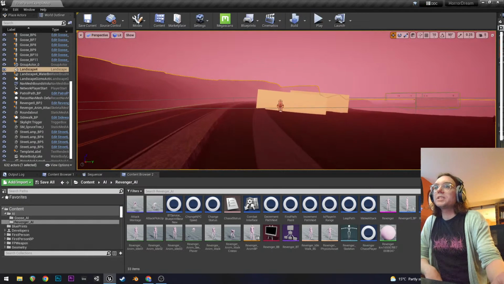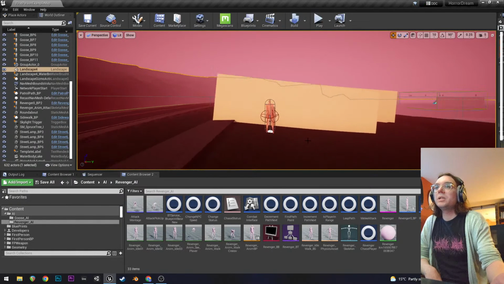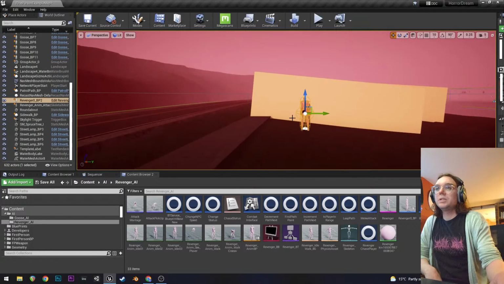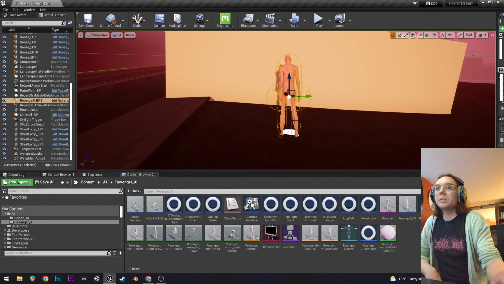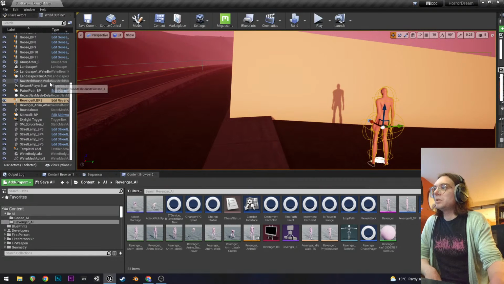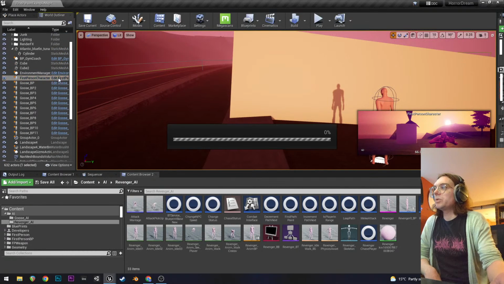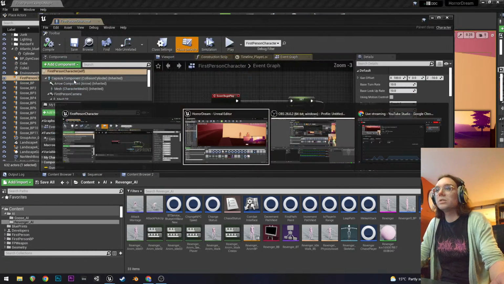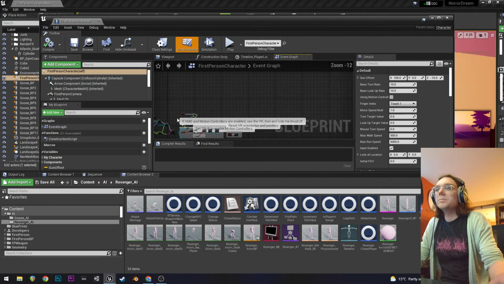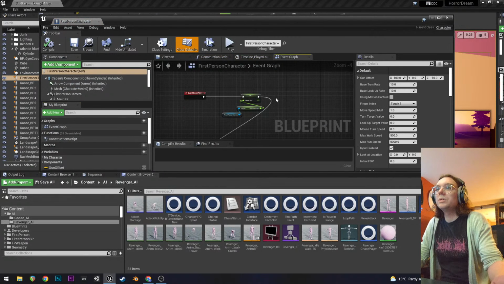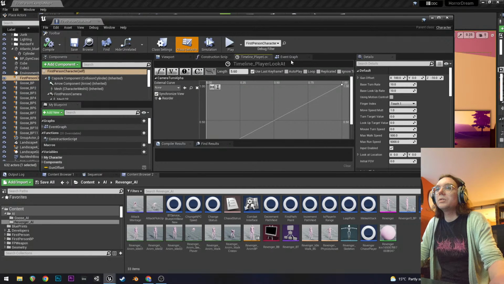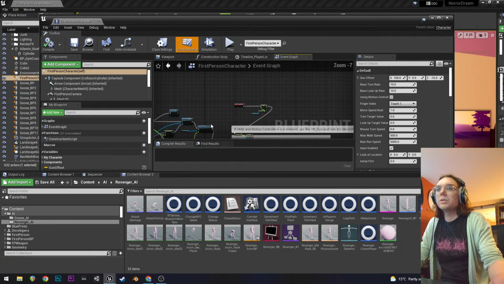So the way I have that set up now, we go into our first person character. Oh my god, why isn't this working?